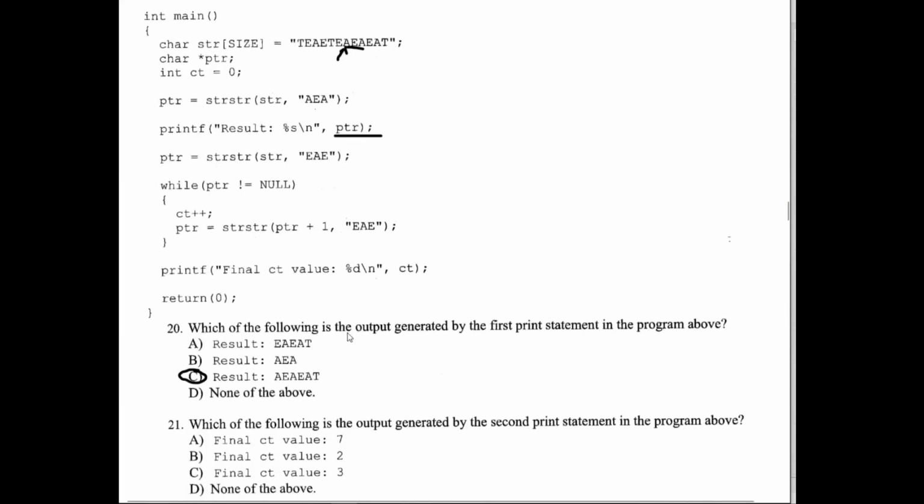Moving on to question 21, which of the following is the output generated by the second print statement in the program above? The second print statement is checking the final count value. Count is initially set to 0, after which the pointer is looped through until it is null, where it's checking for EAE in the first string. So you can see it runs it first here outside of the loop, and it finds the first occurrence of EAE, which is actually going to be right here